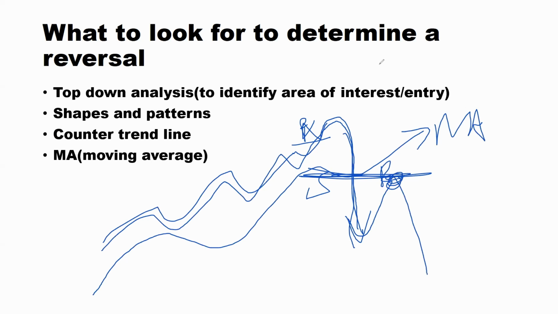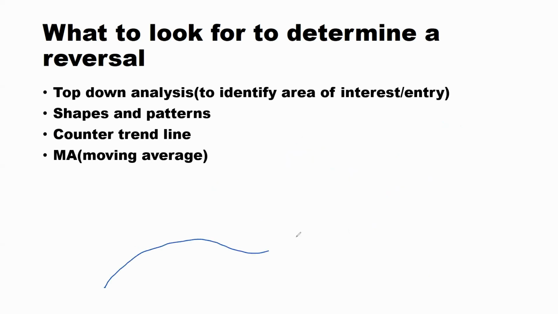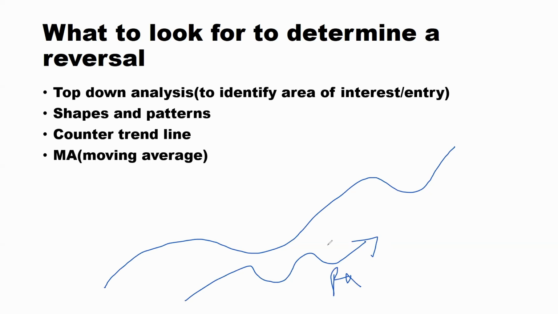The same applies when the moving average is above and this is price. If price is below the moving average, what will I be wanting to do? If I'm taking a buy, I'll be waiting for the price to break above. I'll be in my entry time frame, guys. I'll be waiting for price to break above, then on the retest, I can take my trade. This is how we use the moving average to identify reversals.